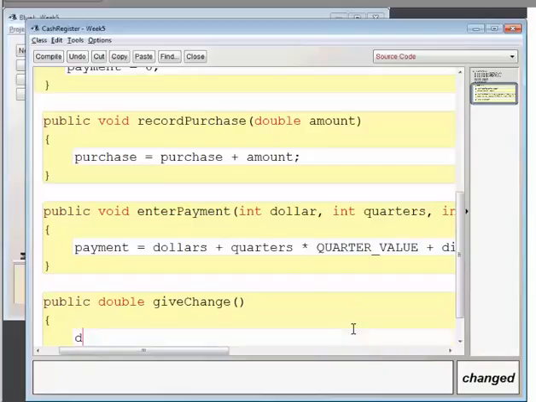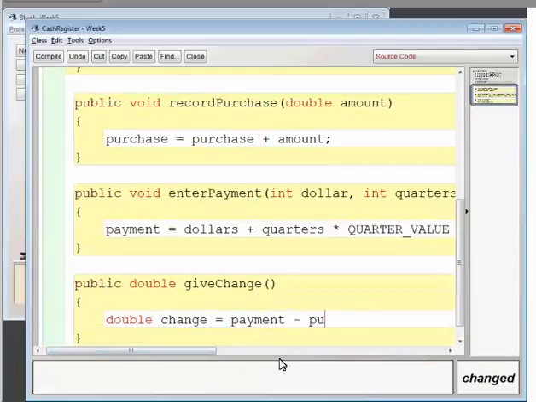Okay, so change equals payment minus purchase. Obviously, how much we pay, we take out the purchase, and then we get the change. Okay, so purchase